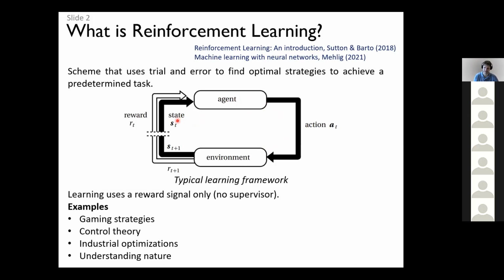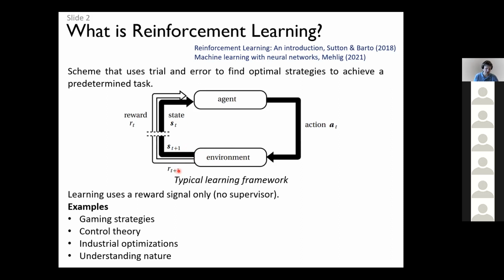That's called a state. So provided a sensation of the agent, the state, it takes an action, and then it interacts with the environment for a while. And the outcome of this interaction is a new state and a reward that is given to the agent. So after interaction with the environment, the agent finds itself in a new state and